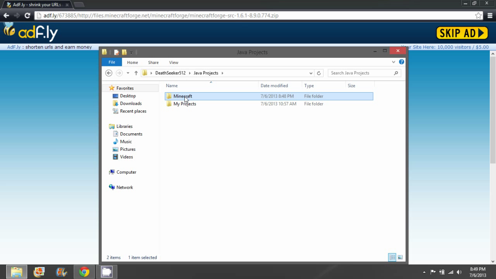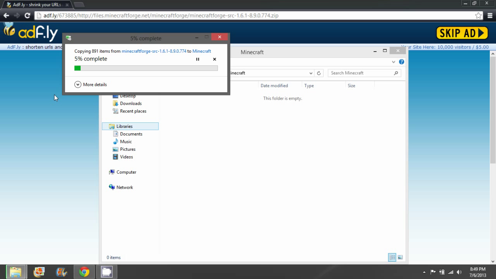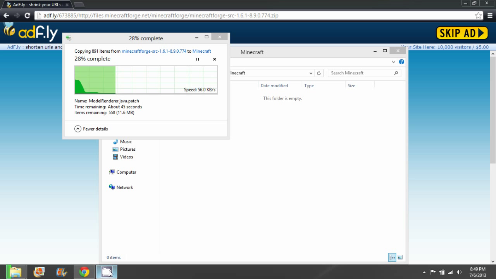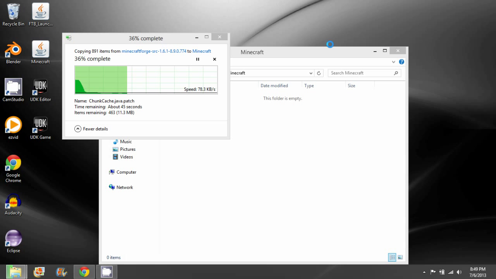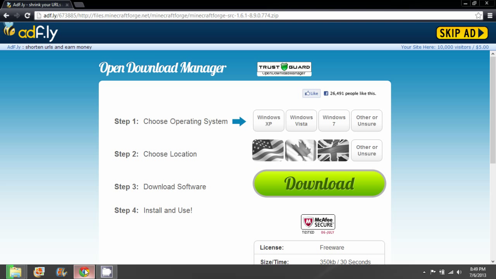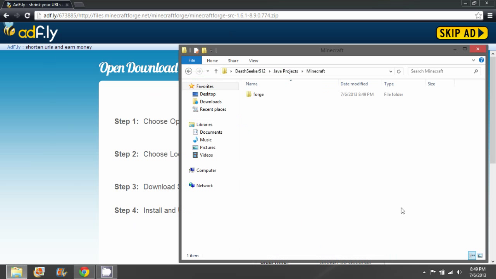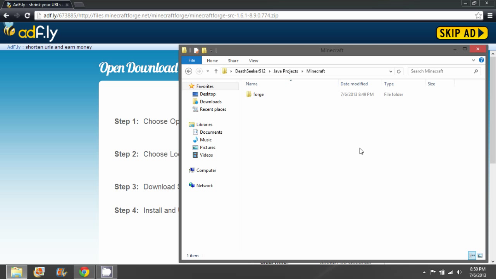And then go into the directory and right click and paste the Forge folder. Now this will take a second. I will be back whenever. Actually, I forgot the keys, and it's not coming up. Okay, so I hope it is this button. And now once that's done, and I'm just making sure, yes I do, yay.